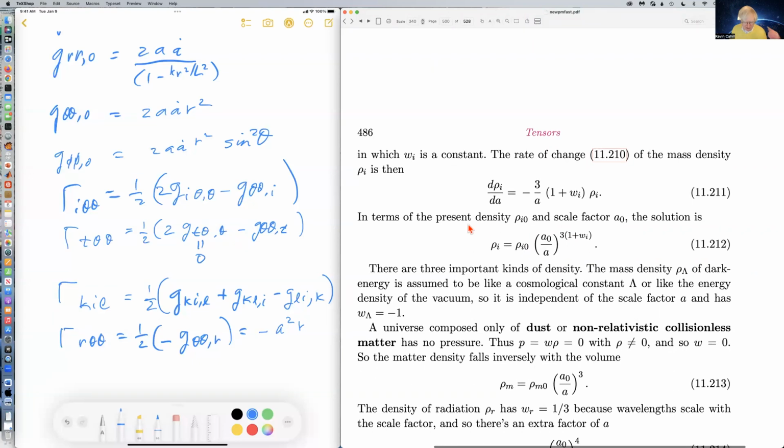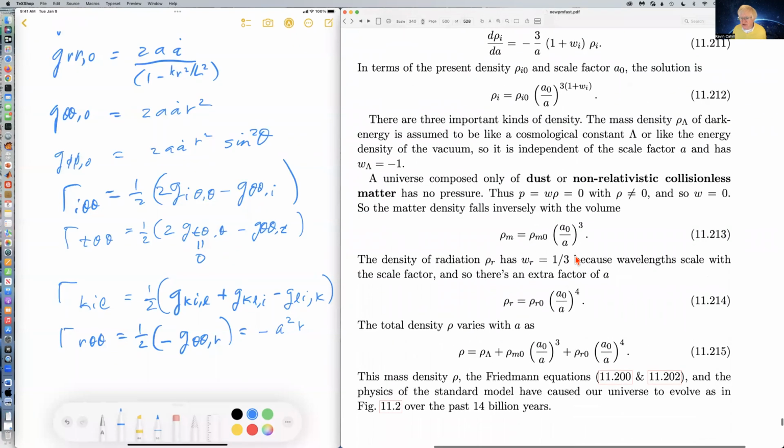And so this is the utility of that. We see how each mass density rho i depends upon the scale factor, but in a different way, depending upon the nature of the mass density. And there are basically 3 really important cases. The first is,